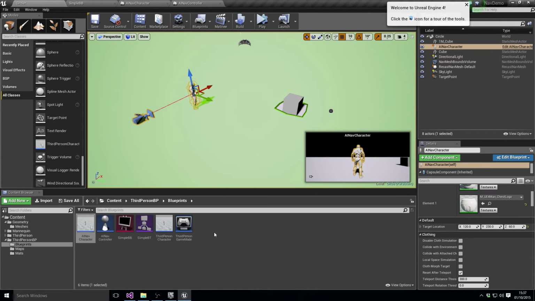So now we want to have a few objects. We want to spawn these types of characters. And rather than spawn the characters one at a time, what I'm thinking is that we should have a couple of actors that spawn these characters for us. And so the first thing I think is that we should create